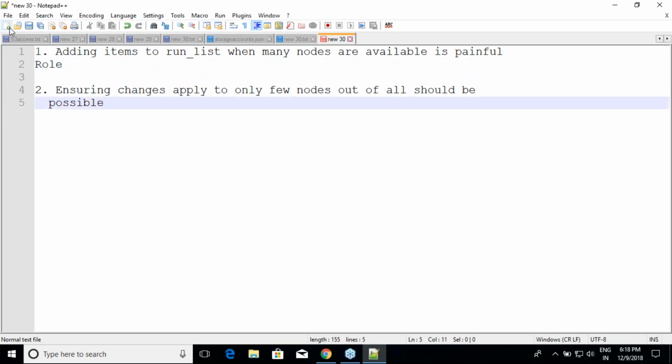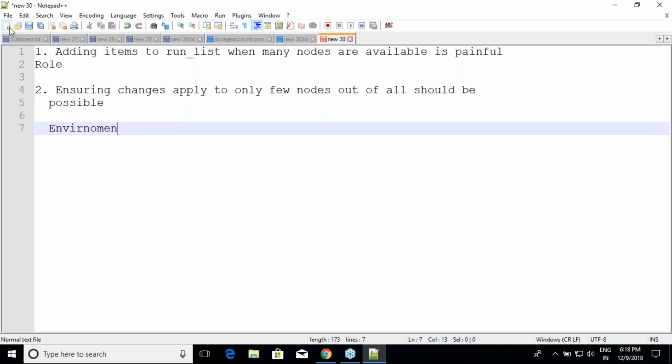And then ensuring that only specific node or a specific cookbook is applied to a node, we are managing it using something called as environments. Right? So are we clear on this? How to do this? Let us start the basic theory behind it.